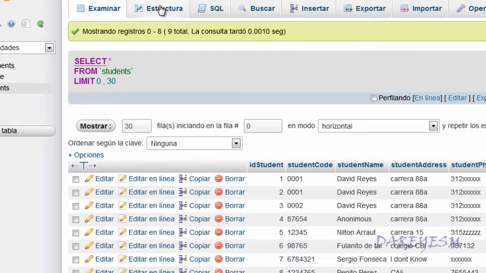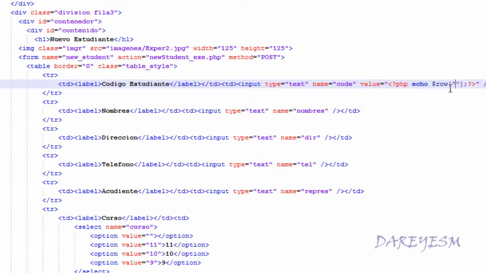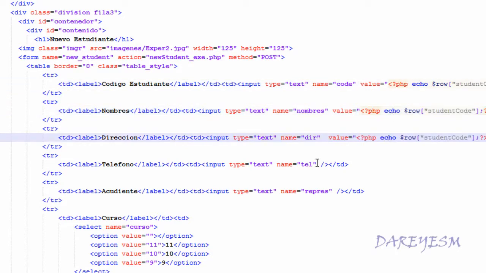Okay, estructura. We are going to modify the student code. Just for a while we are going to put this. Now I'm going to copy this, and I'm going to paste it in here, and in here,